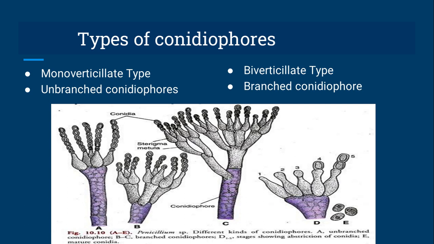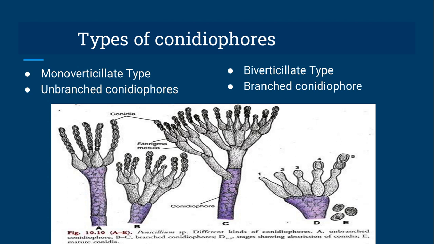But these unbranched conidiophores bear a cluster of stigmata. What do you mean by stigmata? Flask-shaped bodies. And at the tip of stigmata, a chain of conidiospores is present. So these unbranched conidiophores with a cluster of stigmata and the chain of conidia on each stigma, it is a